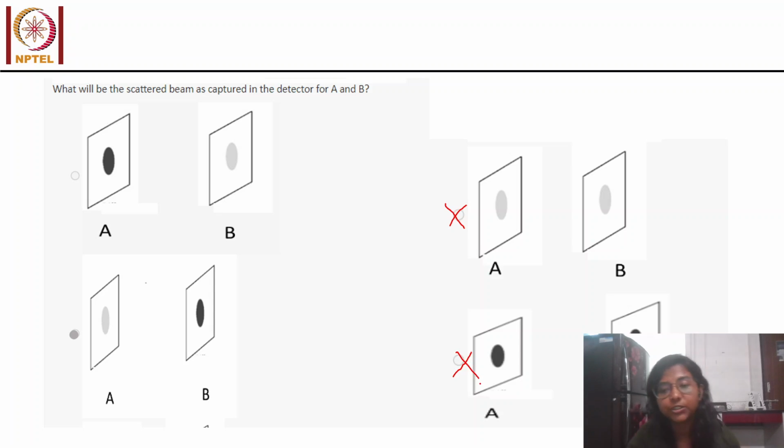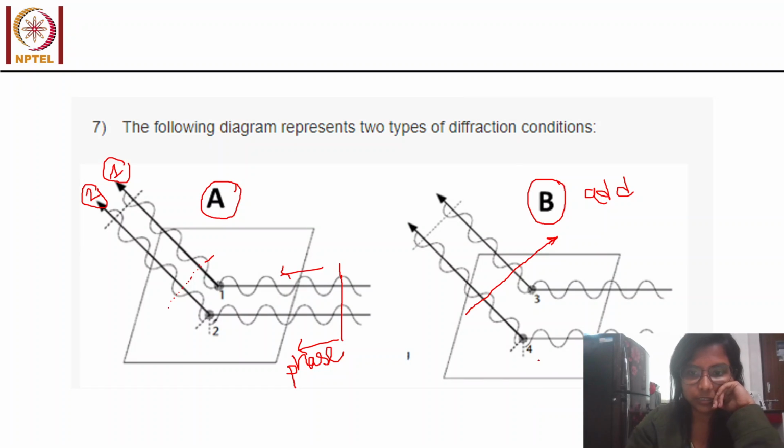Why? Because the situation is not the same for A and B. So in any case it cannot have the similar detector. The detector cannot have similar response for A and B. So these two options are first of all incorrect. Now what are we seeing? That it will add up in case of B and it will cancel